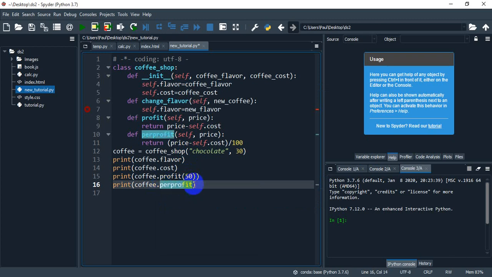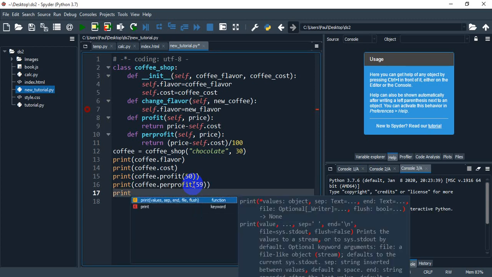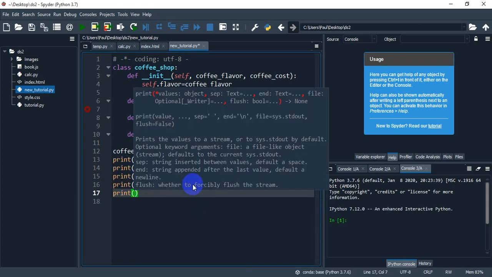Okay, so we want to see the percentage profit that we make, and for this $50, let's say we want to see if it's $59. All right, so we want to print the new flavor too. For us to be able to do this, we've not actually changed the flavor, so we need to change the flavor before we'll be able to print the new flavor. So we just say coffee dot